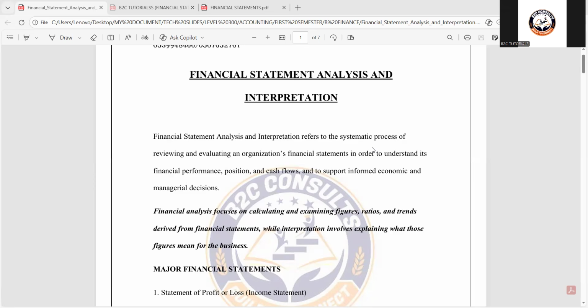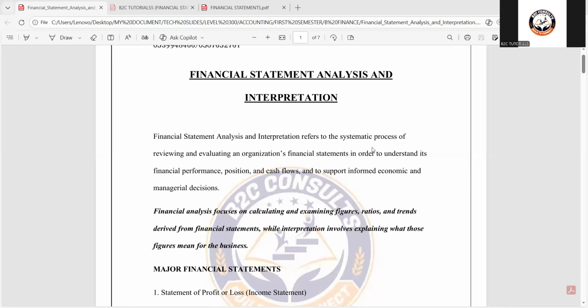Basically, the analysis is to do some calculations on the financial statements of a firm, and the interpretation is to actually read some meaning into the analysis that has been done, which would help management take an